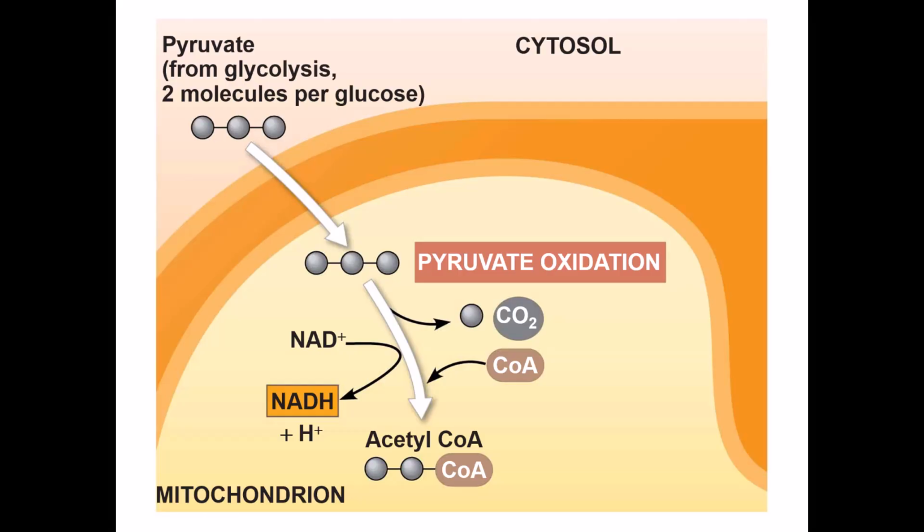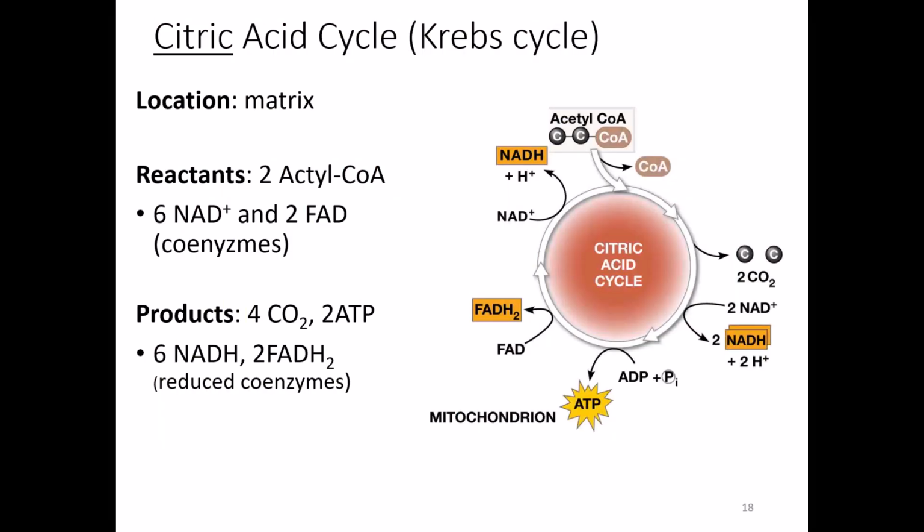So this picture is just showing the pyruvate, that 3-carbon molecule, making its way into the mitochondria for pyruvate oxidation, where the mitochondria produce NADH and acetyl coenzyme A. The next step is the citric acid cycle, which some people call the Krebs cycle. This also happens in the mitochondrial matrix, so the liquid part of the mitochondria, and this requires 2 acetyl coenzyme